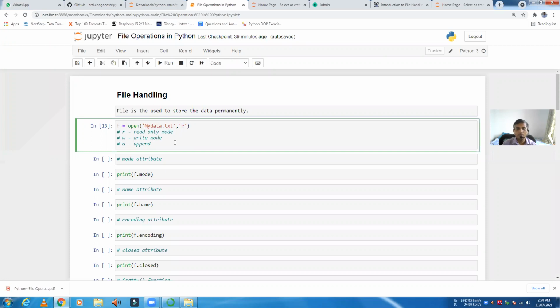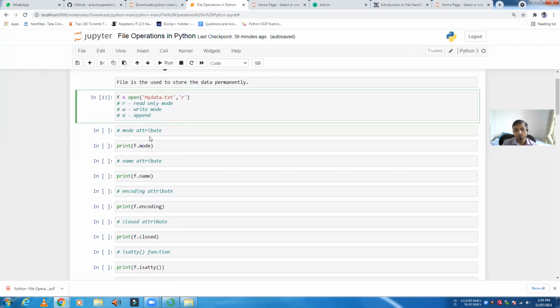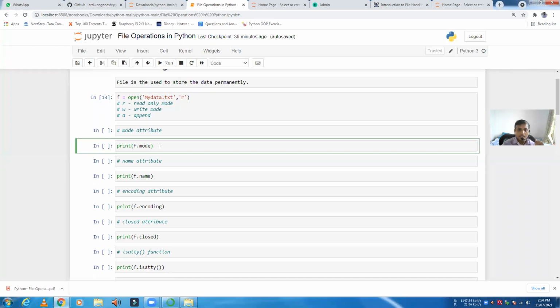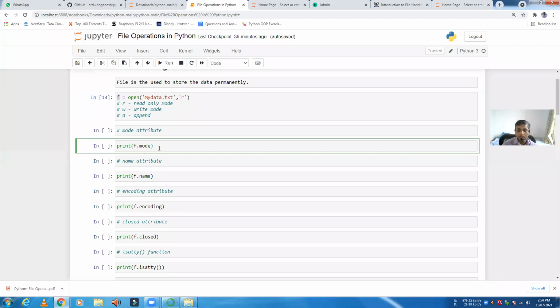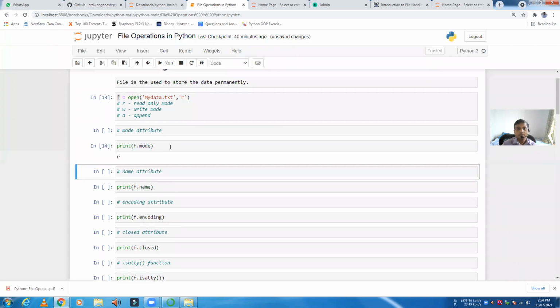Okay, so now we will see the different attributes of the file. अगर मैंने ये open कर लिया, what are the different attributes that I can use? तो attribute होता है पहले mode. Suppose you already have the file pointer and you don't know the mode of that file. If you want to know the mode, just use f.mode.